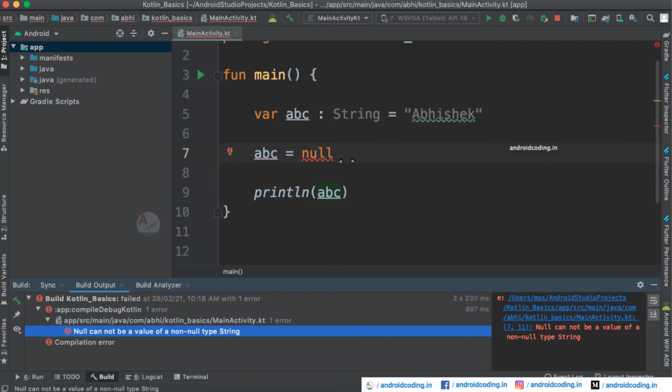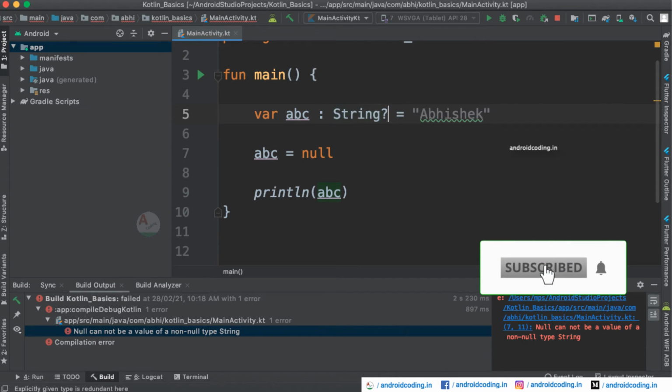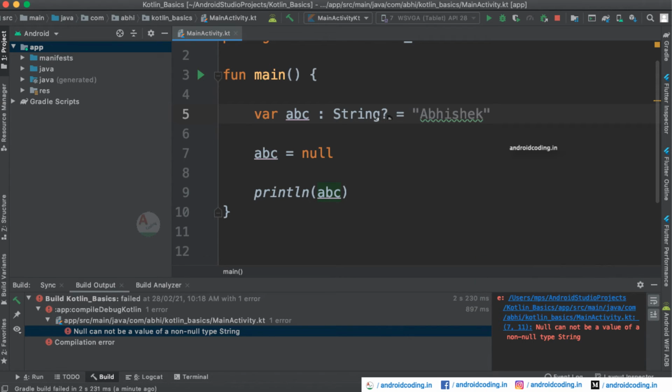To handle this scenario, first of all, it is not allowing you to compile and run the program here. So we will add a question mark here. It states that it can accept a null. Now this null value is being accepted by the variable ABC.